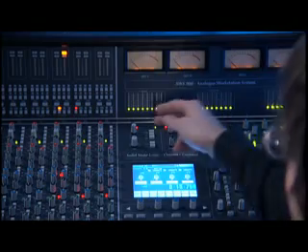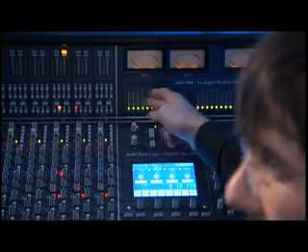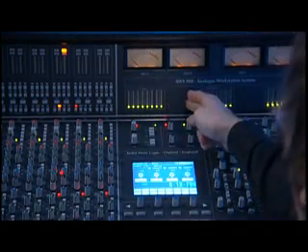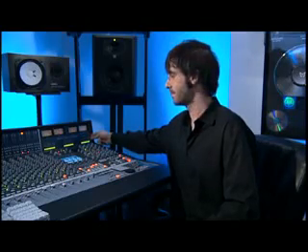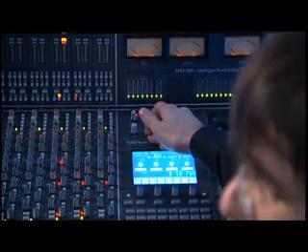So in the center section, since we're in the analog domain, we have analog metering on our mix buses. Excellent. Very important. We also have LED meters for whatever's coming out of the monitor outputs. Full surround, and track buses 1 through 8, and all of the cue and effects buses. Oh, that's nice. Below the metering, we have oscillator and pink noise generator that can go out of any buses